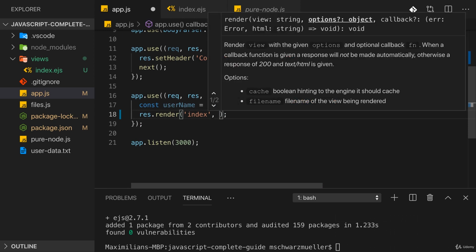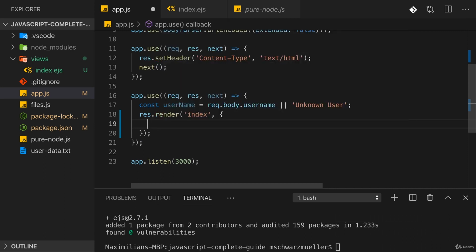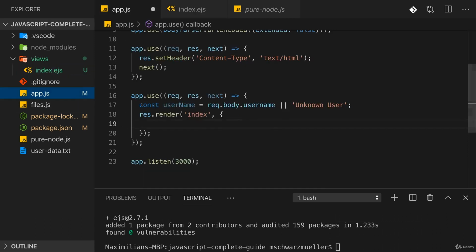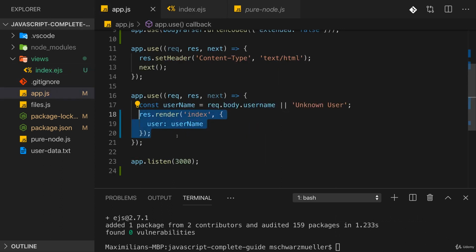And therefore, we can continue with the second argument, and that would be an object full of properties or full of data we want to provide to this template. And here we should provide a user property, because that will be the data EJS then can use when it parses this template. So here I will set a user key and set this to username, so to this value. And with that, we got a setup where now we should render this file and have our dynamic content in there. So if we now save this